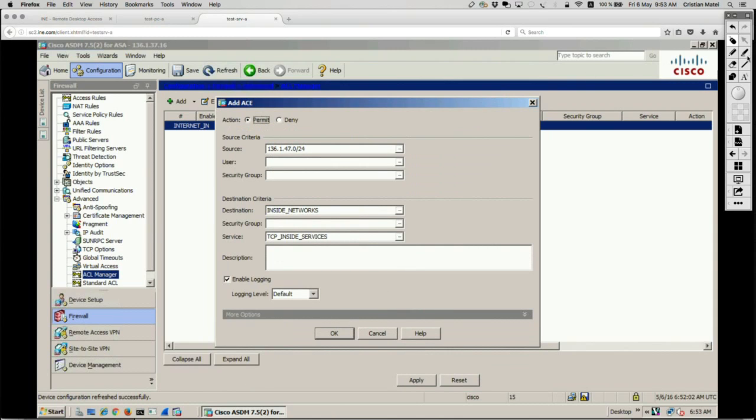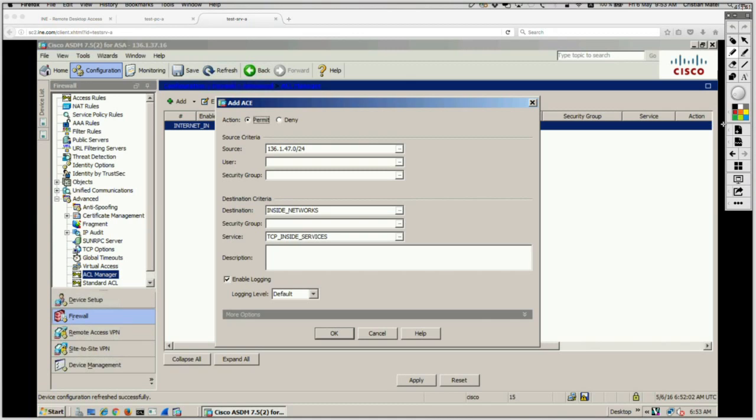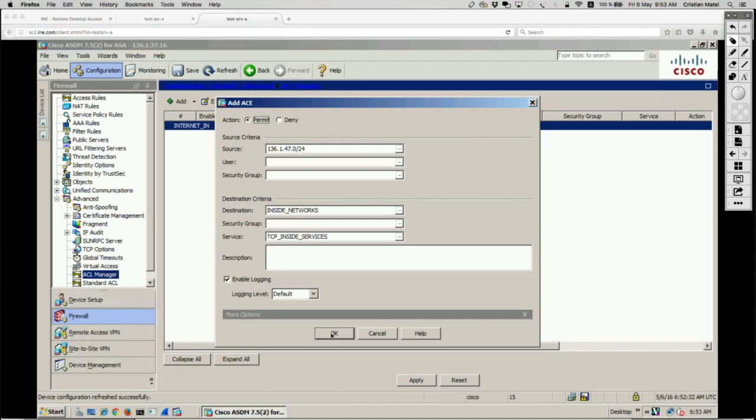So if we read the ACL again, I'm saying I want to permit the traffic from this source VLAN 47 to this destination, which means both of those two VLANs in my object group of type network, and of course only if traffic is TCP. It's included in that service object group of type TCP, which we added telnet, SSH, and HTTP. So let's say OK,